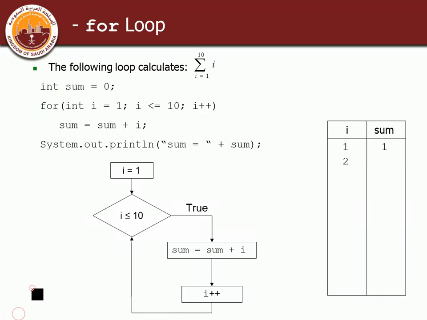So let's follow up again. So it was 2. Is 2 less than 10? Yes, we get inside, and then we perform the sum. I becomes 3, and so on. Let me just skip a little bit. So you can see that this is how it's going to work. I is going to be 5, 6, 7, 8, and then 9. When it's 9,